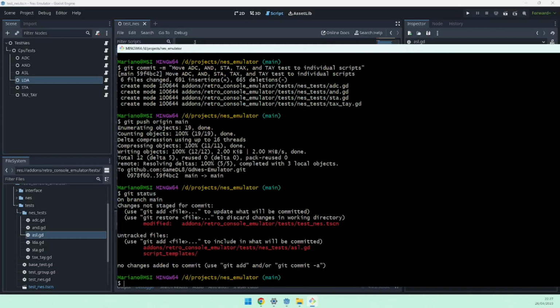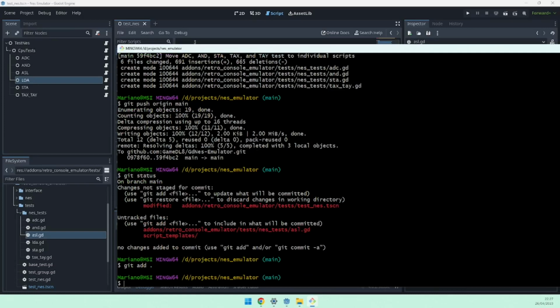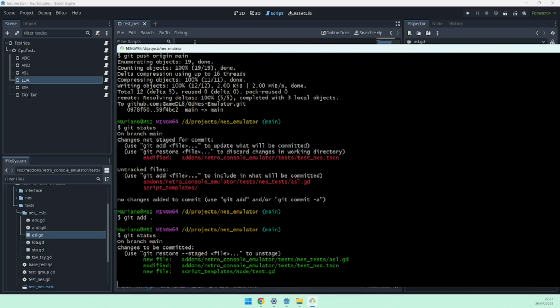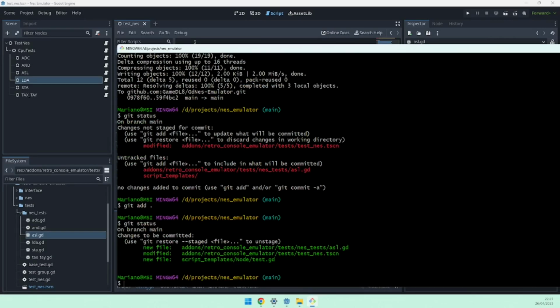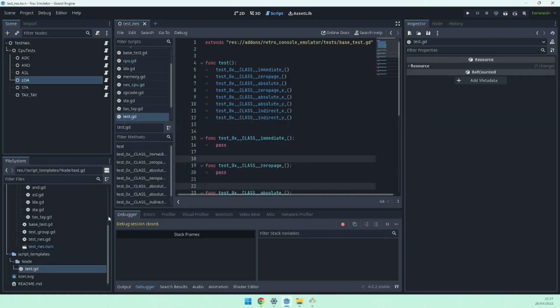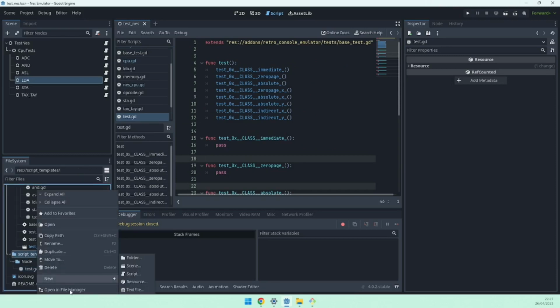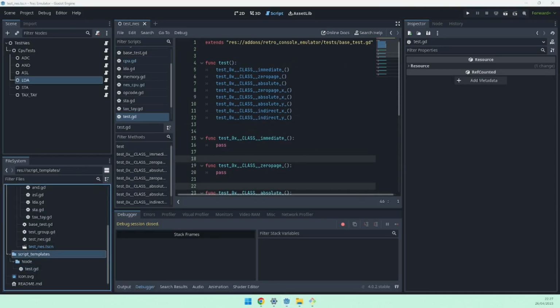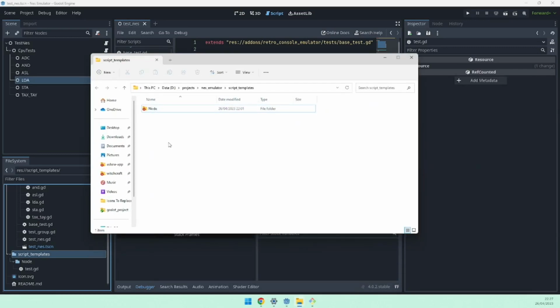Status. git add everything. We have a new test, a modification in the scene, and the new template. So the template folder is kind of annoying because sometimes these script templates do not compile. So one thing you can do is come to this folder and add an empty file,